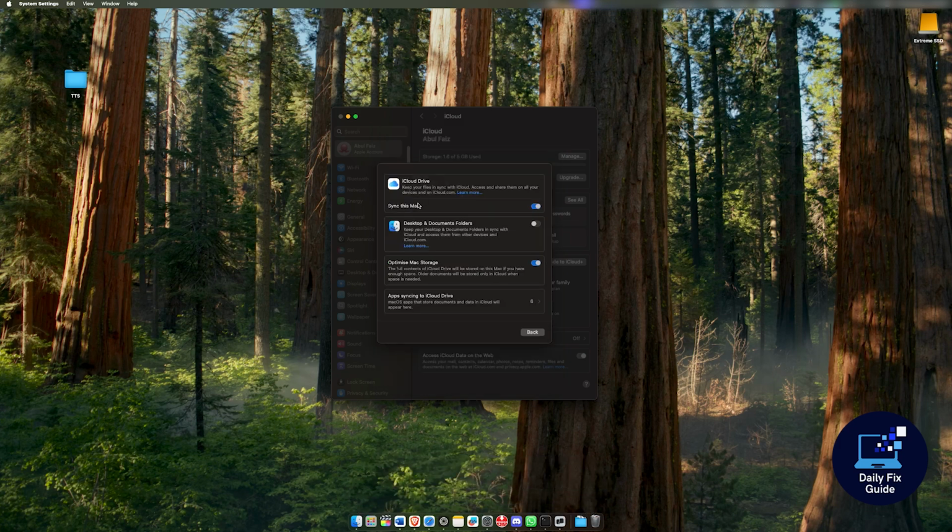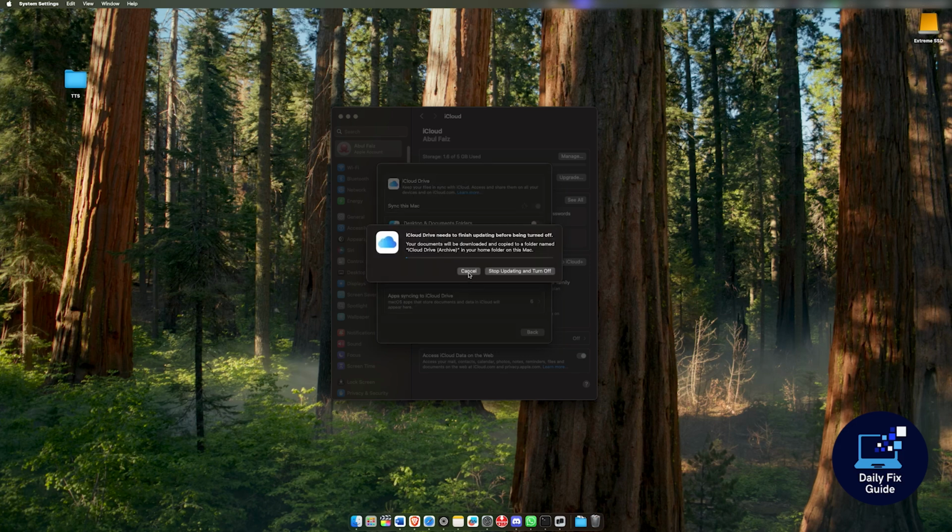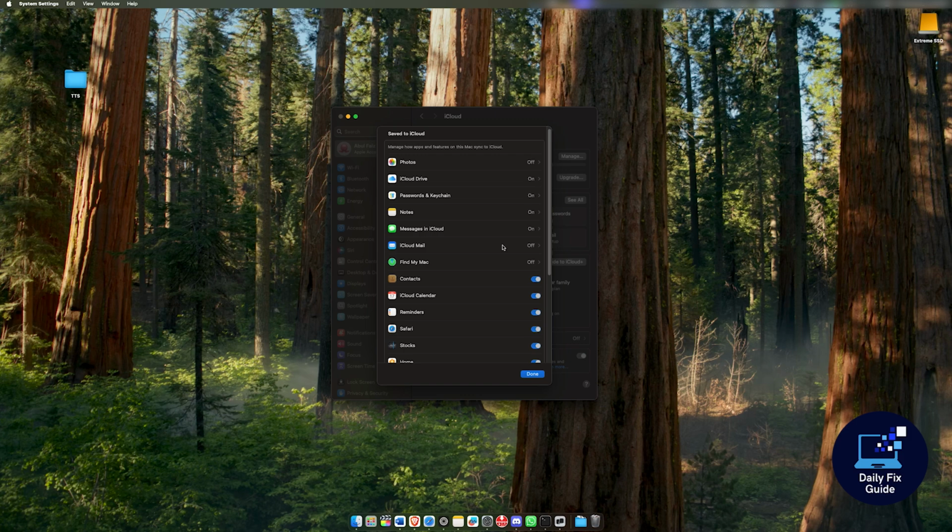Simply click on Disable, and if you want to keep a copy, you can click on Keep a Copy or Remove from Mac. It's totally up to you, but I would recommend you should keep a copy. Then choose that option, and then it will start copying. But I'm not going to do that. So if you want, you can keep a copy, then go back to the other options as well, and simply